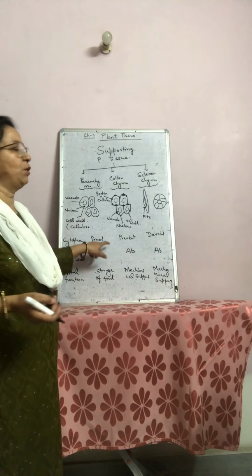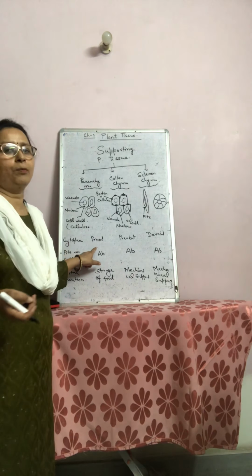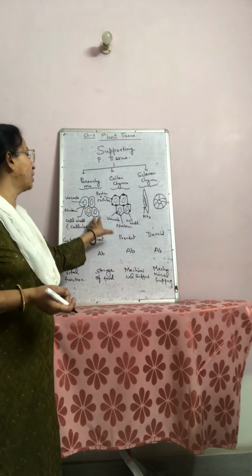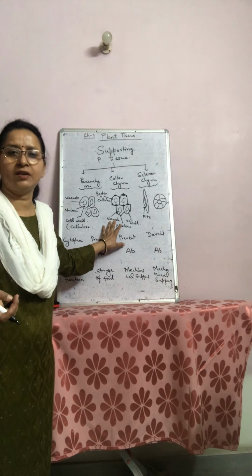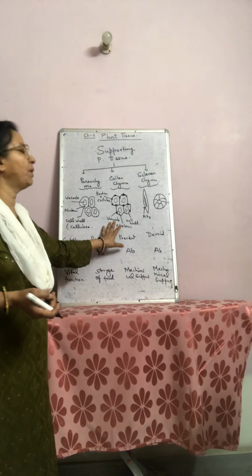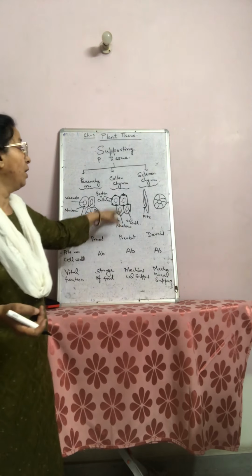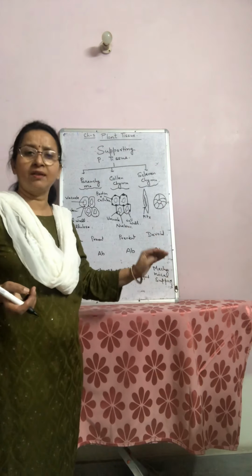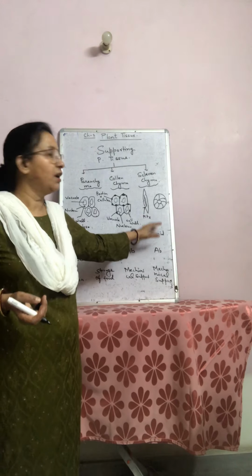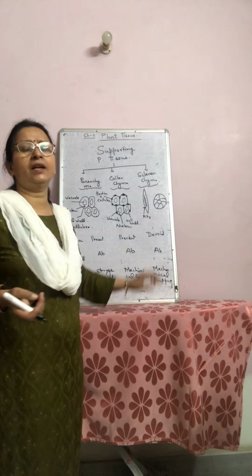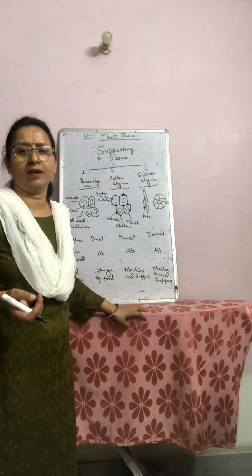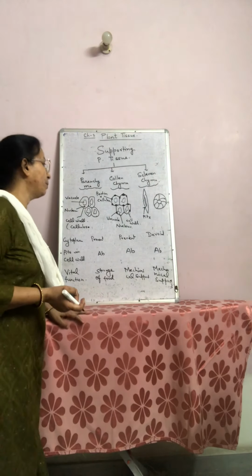Pits in the cell wall, when you see, you will find no pits are present here. Here pits are not present. Why? Because these both are living in nature. They can transport their materials easily through the cell membrane or cell wall. But when you see sclerenchyma, since these are dead cells, they can't transport substances. That's why pits are present in its cell, so that the transportation process can be easier.